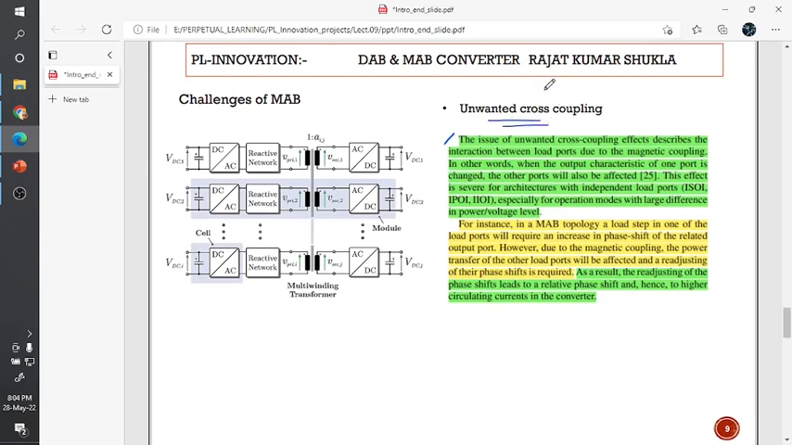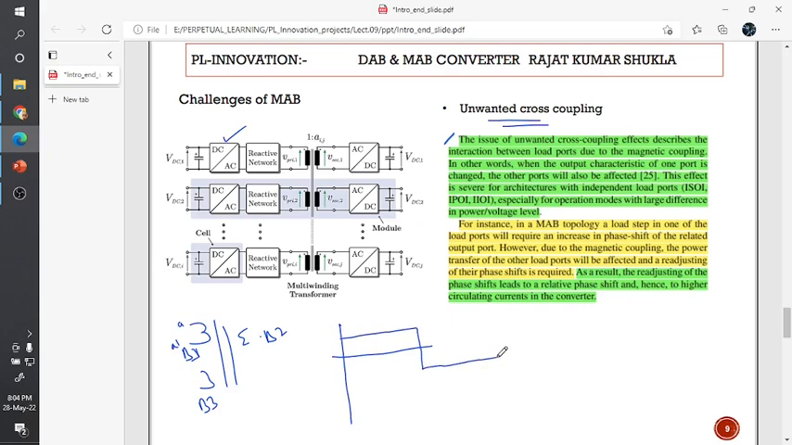What is the meaning of unwanted cross coupling? Suppose you add a third winding to the same transformer. Here is the third winding. Let's say this is bridge B1, bridge B3, and this is bridge B2. So bridge B1 is transferring power to bridge B2. Here, let's say this is a dash, which means this bridge is appearing